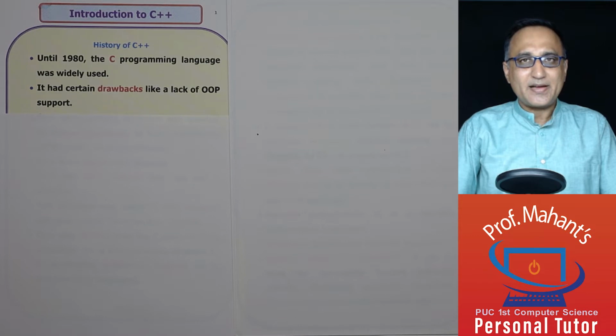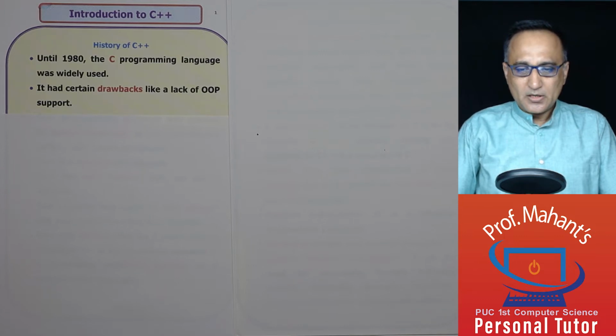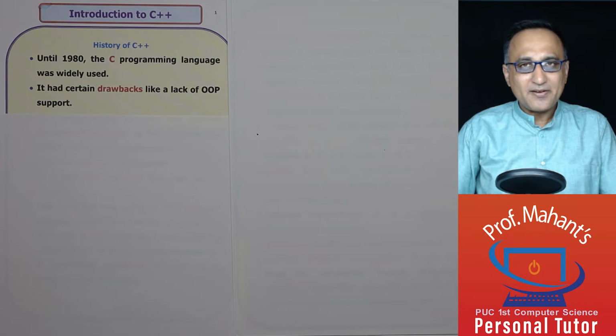Until the year 1980 or even up to 85, you can say C was a language very extensively used in system programming. For example, writing compilers, writing operating systems, designing applications, and so on. But over a period of time, as people began to work on C, they began to notice certain shortcomings or drawbacks of C. For example, the first major drawback of the C programming language was the lack of support for object